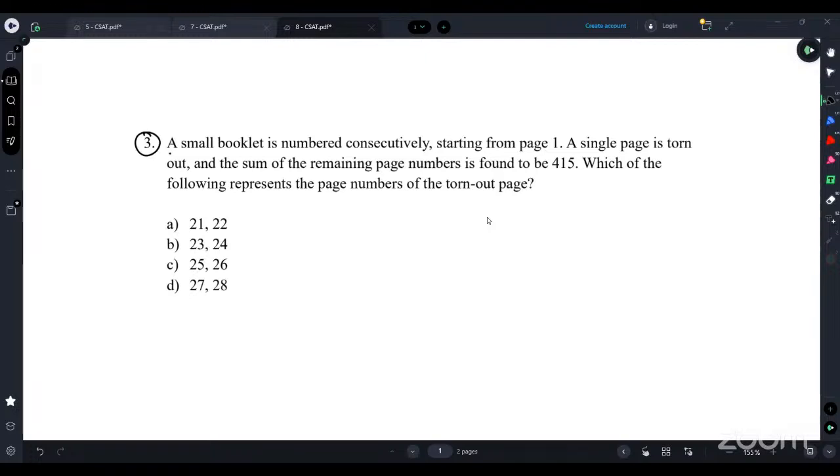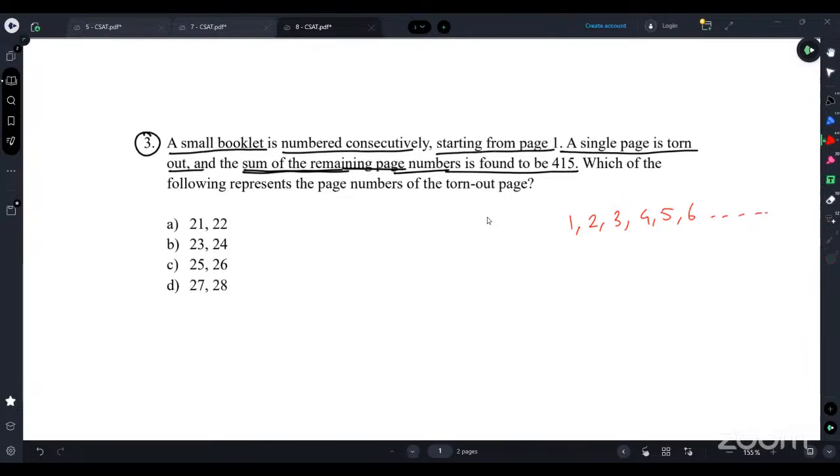Question three says, a small booklet is numbered consecutively starting from page 1. A single page is torn out and the sum of the remaining page numbers is found to be 415. So what the question is saying is, you have one small booklet, and the page numbers in that booklet start likewise 1, 2, 3, 4, 5. We don't know the maximum number of pages it has, but when you are taking one page out of it,